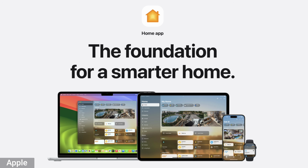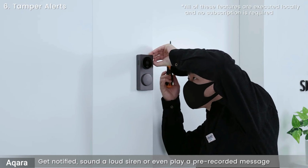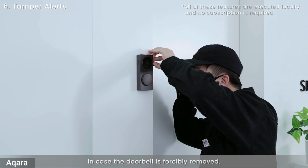Personally, I try to stay away from the Aqara app and any manufacturer's app. I love everything working within Apple Home because I can open up the Home app on my laptop, my iPad, my phone. I could even open it up on my Apple Watch. There's also the anti-theft option. So if you have that turned on, if anybody steals the doorbell, they can't bind it to any other device